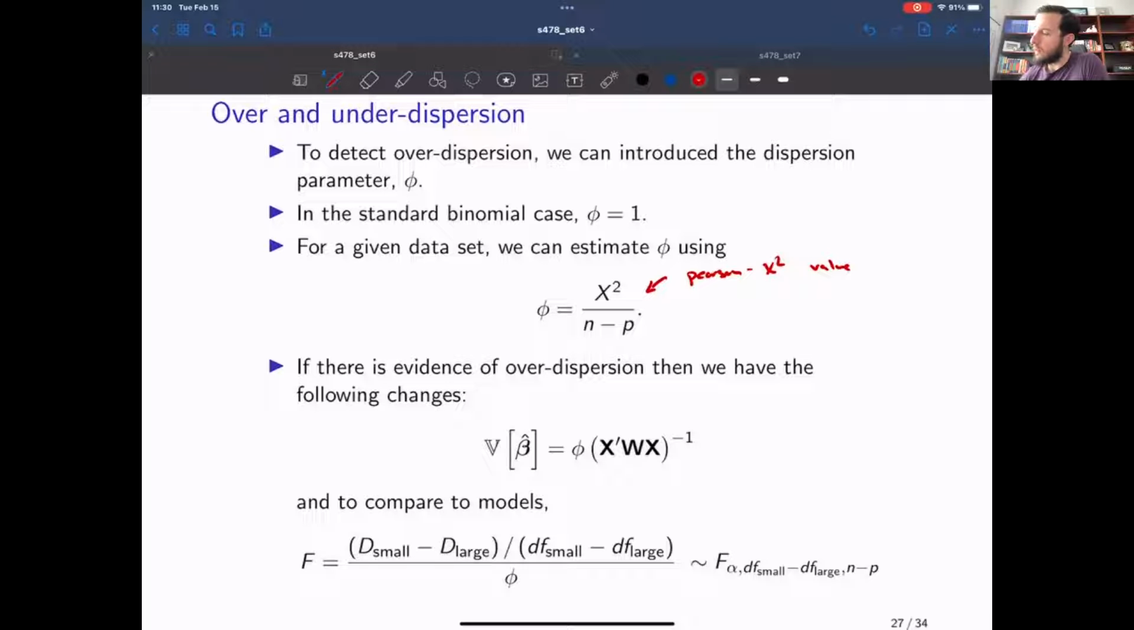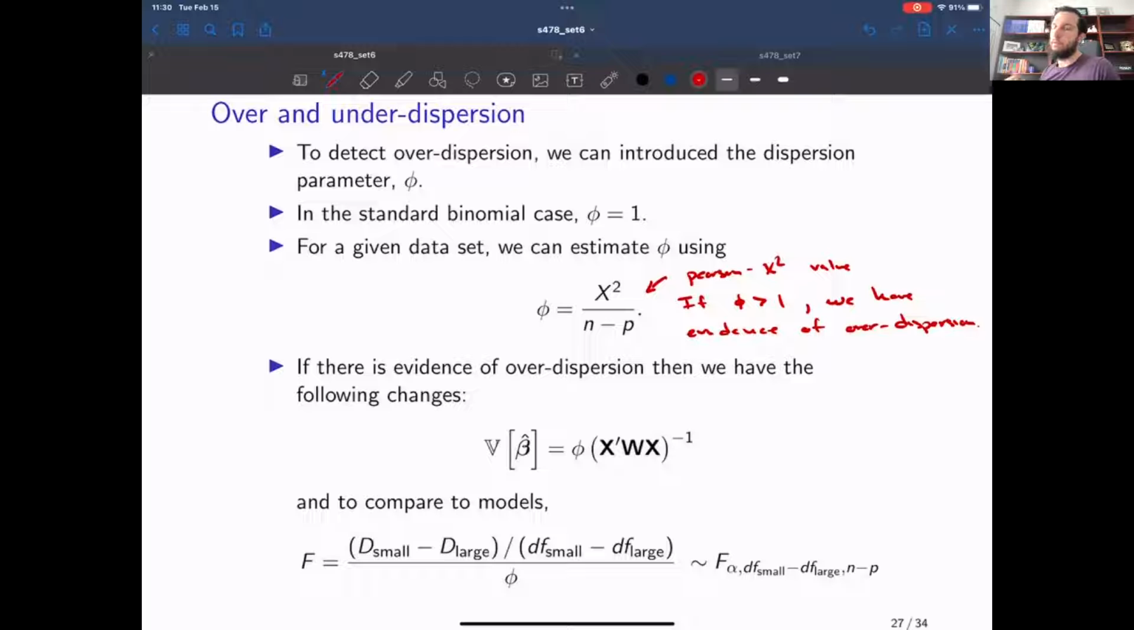Okay, so if this quantity is greater than 1, we have evidence of overdispersion. Okay, so if psi is greater than 1, we have evidence of overdispersion. All right. If we have evidence of overdispersion, what we do is we scale the information matrix for